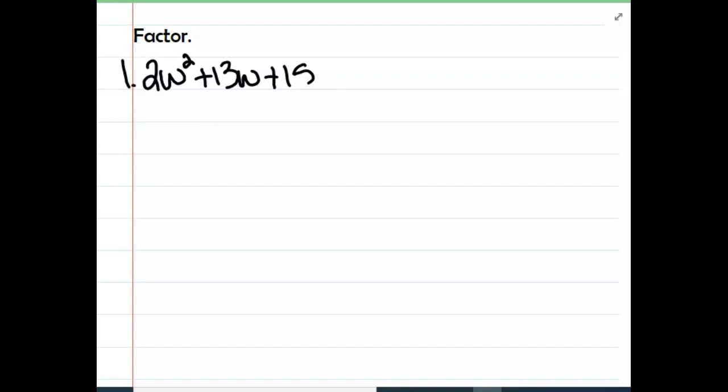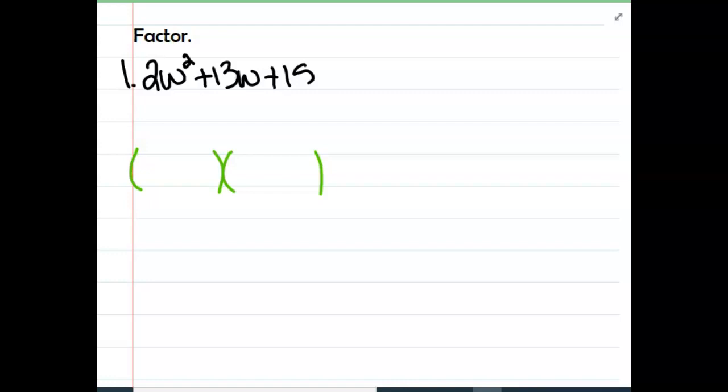Okay, now first off, the most important thing you guys need to remember: you already know what your answer looks like, right? Your answer looks like this. You know that when you FOIL this out, you need to get 2w squared. The O and the I are going to combine to give you 13w, and the L is going to give you 15. Now, figuring out what goes in here isn't quite as straightforward as what we did last week,